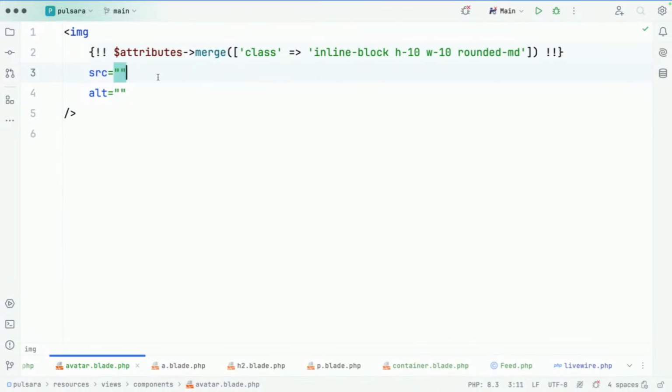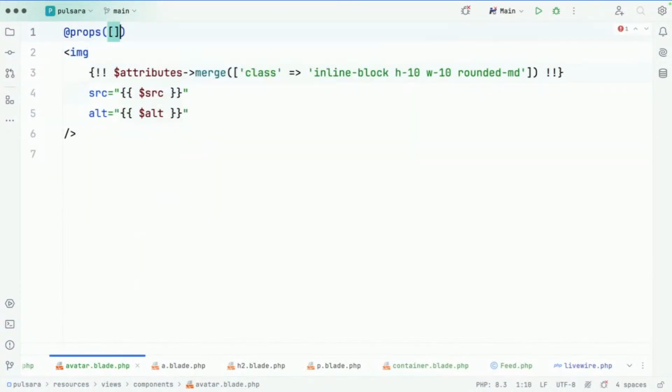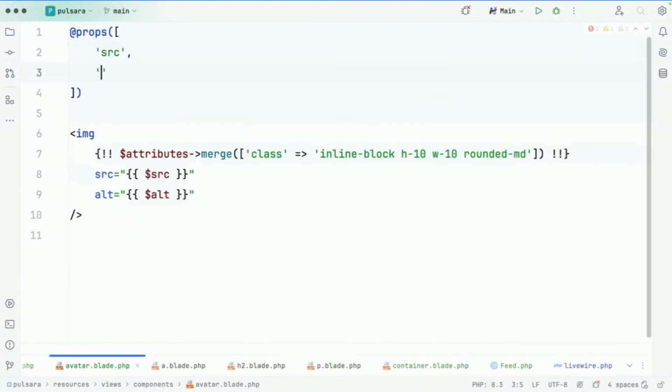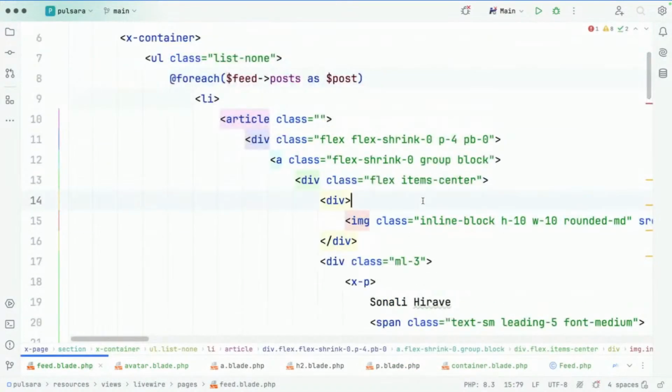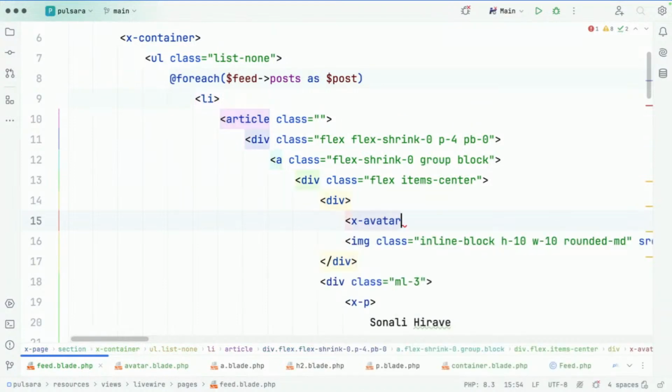That can disappear. So this is going to have the source in it, and then this is going to have the alt text, and we want to define that they are our props. Source and alt. Alt is going to have a default of avatar. So then when we come back over to our feed, this avatar, we can just say x-avatar,